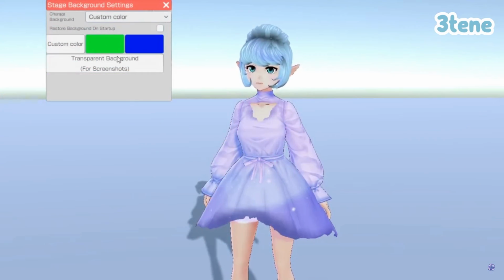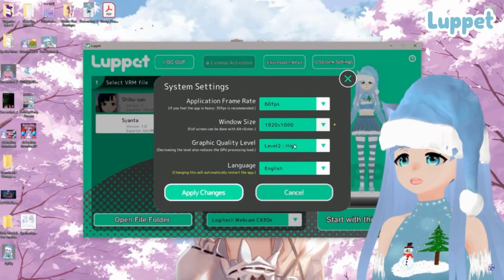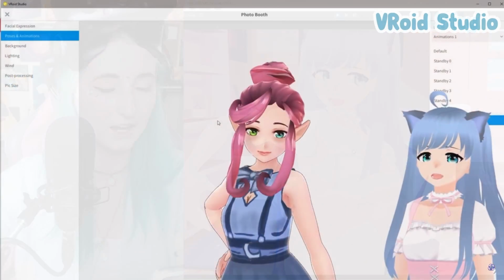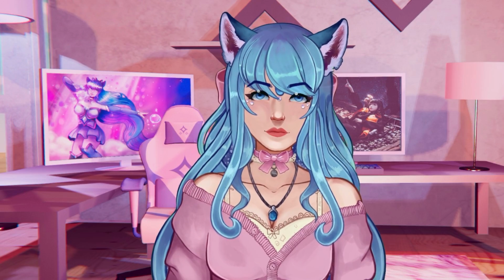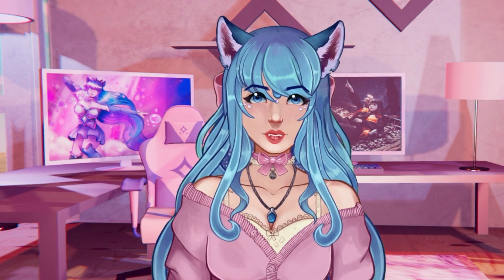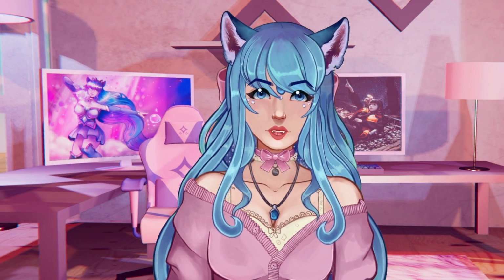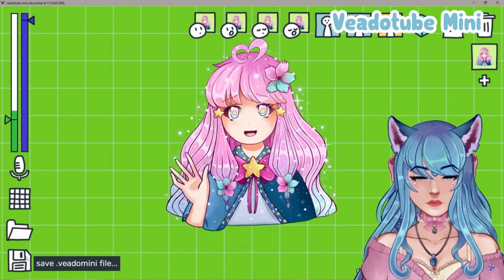There are so many different tools and things and resources. Whenever researching VTubing, people get so overwhelmed at the amount of programs and things that there are that are just seeming all like too much. I recommend that you start with what you have, and a great way to do that is if you don't have anybody that you can hire, if you can't create the model yourself, I would recommend starting as a PNG tuber. I have great tutorials here on this channel for learning how to become one.